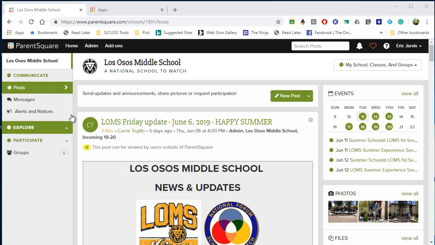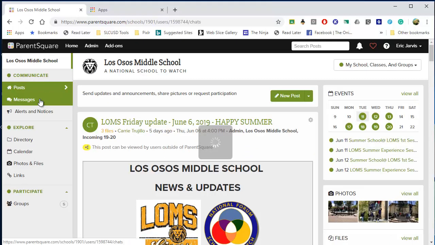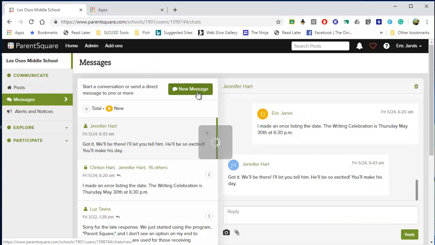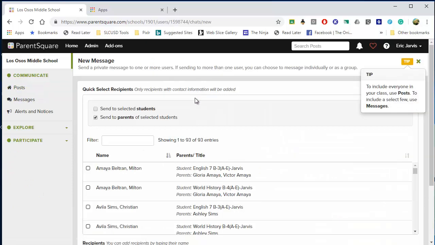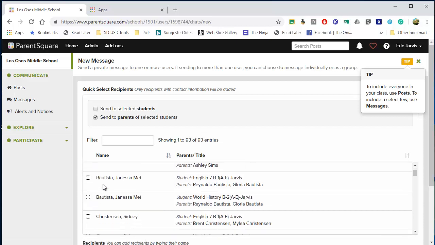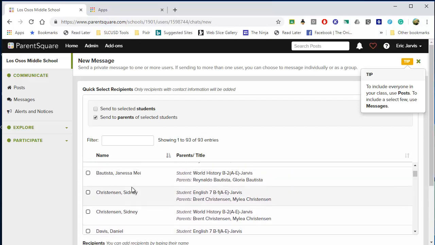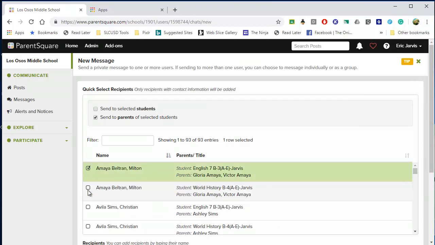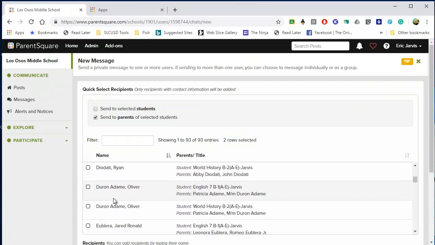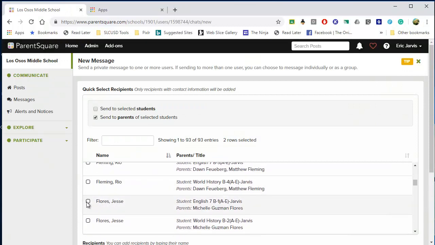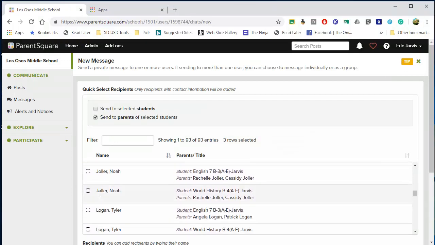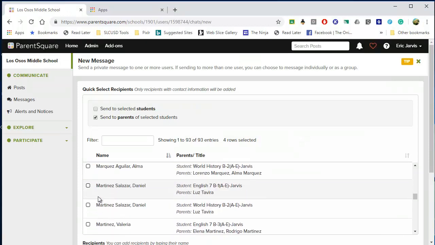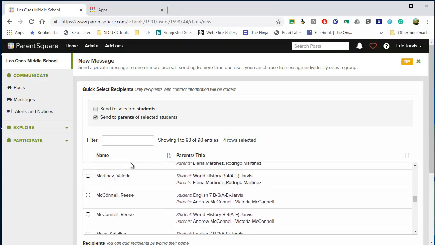Now, the other option besides making a post is I could send messages. And the primary difference between messages and posts is that messages aren't put on that wall. And messages I can send to just a few students in my class. And I see a listing of all the students that are assigned to me in my classes. And if I want, I can just click through here the ones I want to send them to. Let's say maybe a third of the kids need to get an email from me, or a group of kids, a one-time group. I can click on them, and then